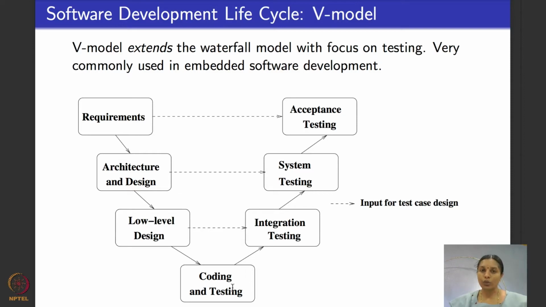Testing comes along with coding, which is unit testing, followed by integration testing, for which inputs for designing test cases come from the low-level design, because that tells you how the software is broken up into components or modules, followed by system testing. For functional system testing, inputs come from the design document. System testing involves putting the entire thing together and testing if the overall software integrated with the system meets its functionality. As we saw in the last lecture, in this week's lecture on non-functional testing, system testing also includes non-functional